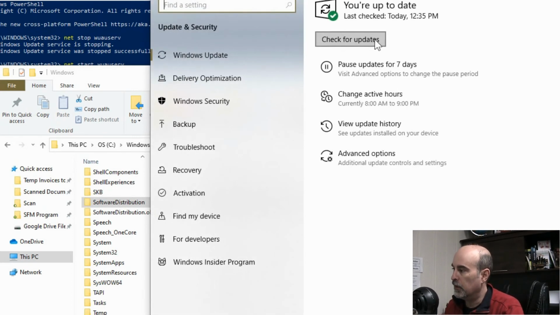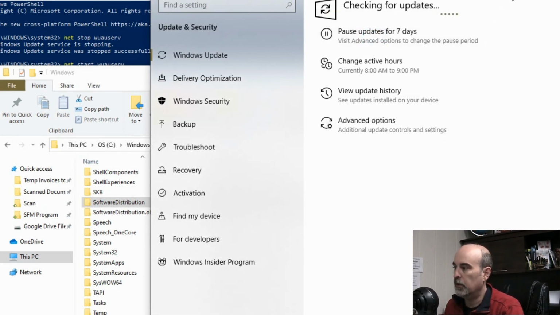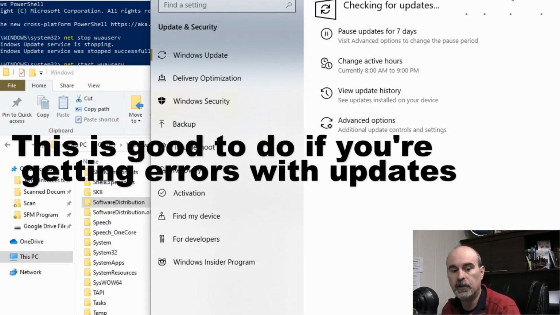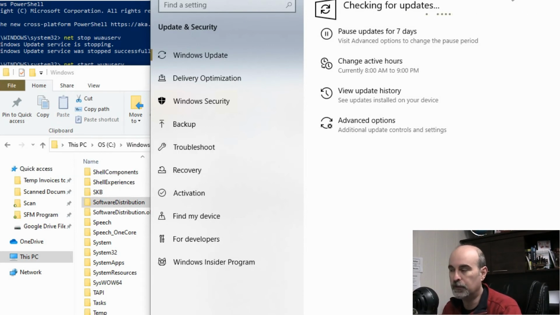So I'll go back here and tell it to check for updates, and we'll see what happens. Maybe there'll be some more updates available, and maybe there won't be. And if there isn't any and it says it checked successfully, then we know it should be working and it's fine. But eventually at some point there's going to be more updates. If you're going several months and there's no updates at all, then there's maybe an issue there. So while that's checking, because it doesn't have the history anymore, this could take a little bit longer.